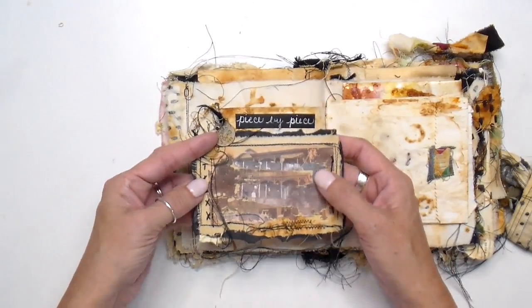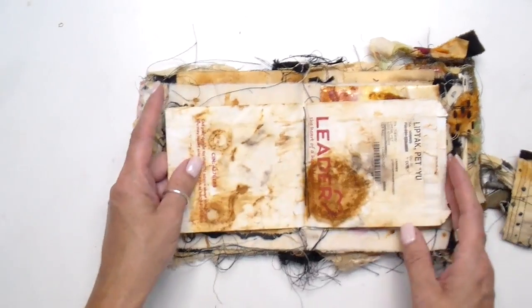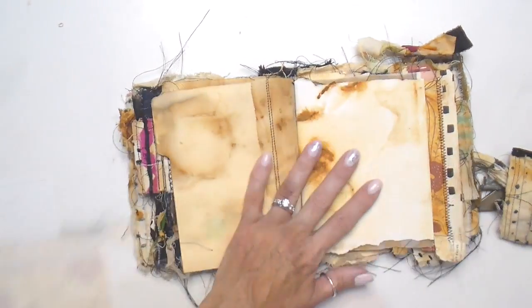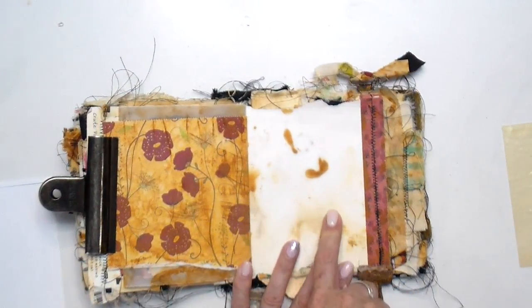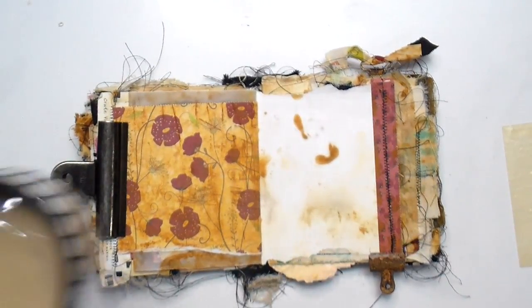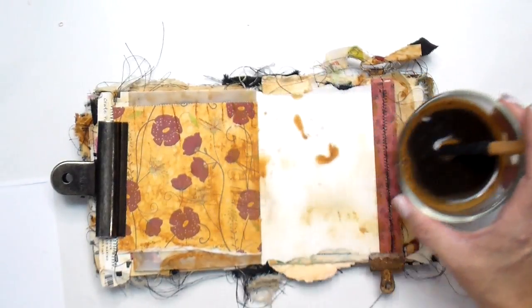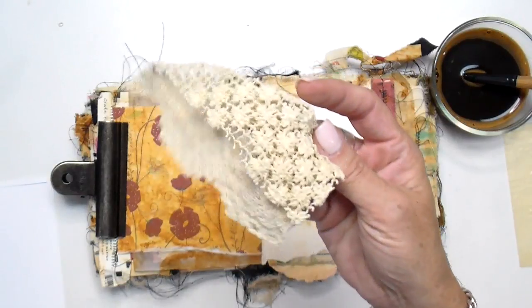This is a little image transfer I did that didn't turn out, but I kind of loved it anyhow. I'm going to pick out a page and not make you see every bit of this. Okay, so I think I'm going to do this page. I just clipped it back. I made some coffee, as one does at 9 o'clock at night when they procrastinate all day. I also want to dunk this little piece and see